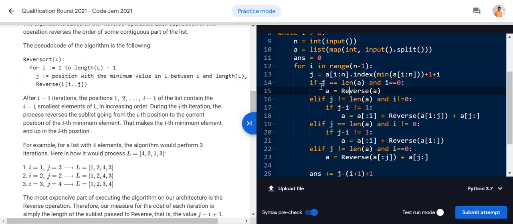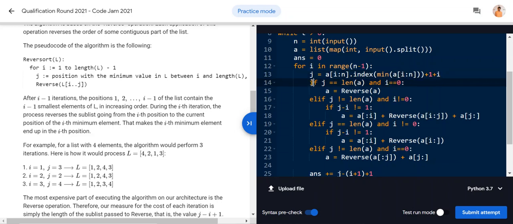Then I'll keep on checking where is the ith number. I is nothing but 1 here. I'm just doing I plus 1, which is like 0 plus 1 is 1. So where is this I number? I'm checking from that I position, not from the 0 position, because as I told you, once you do the sorting, then you have to go to the next number.